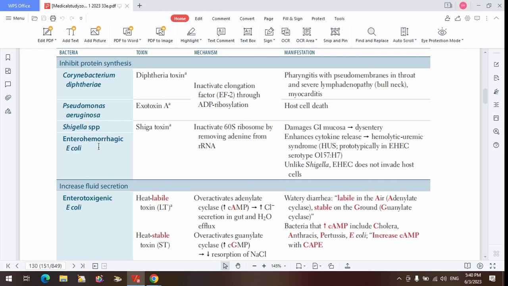What do they do? They inhibit protein synthesis, but not by inactivation of elongation factor. How they do it is to remove adenine from rRNA. rRNA is also one of the components of the 60S ribosome alongside ribosomal proteins. So once you remove adenine from rRNA, it will inactivate the 60S ribosome, so you cannot continue protein synthesis. Once protein synthesis stops, the proteins of the GI mucosa cannot be formed. So you have necrosis of the GI mucosa, which brings about